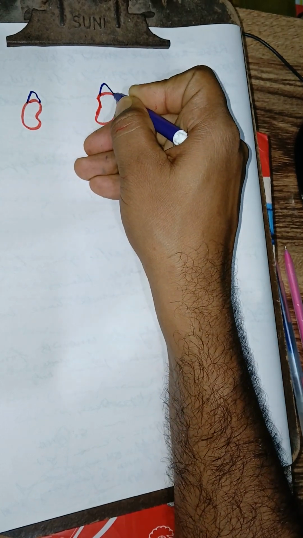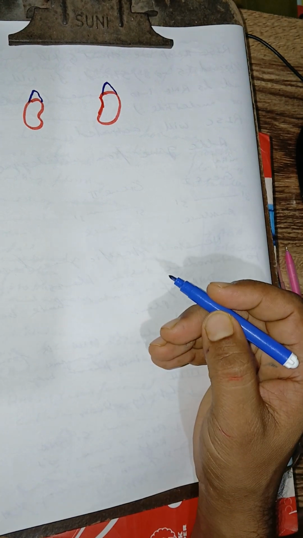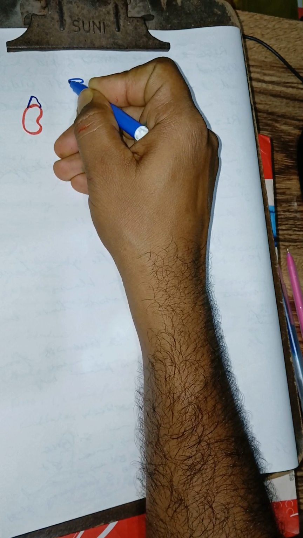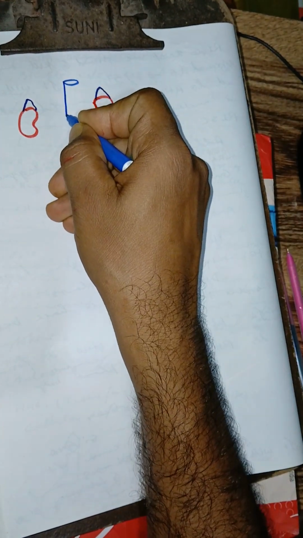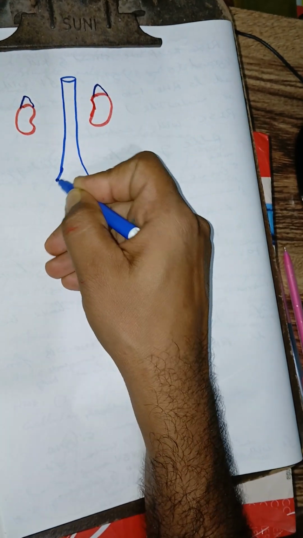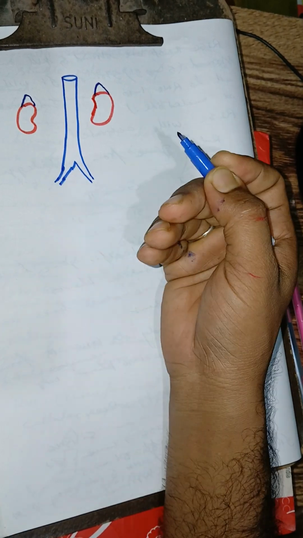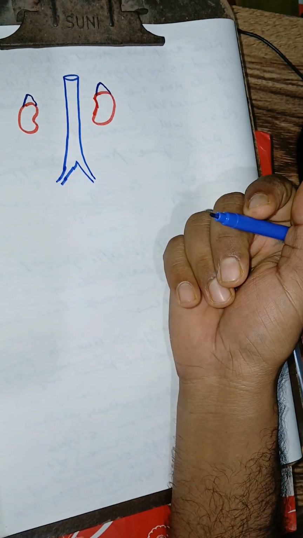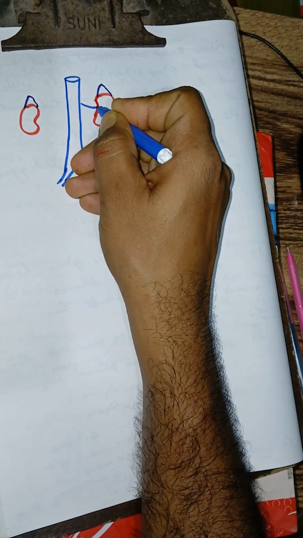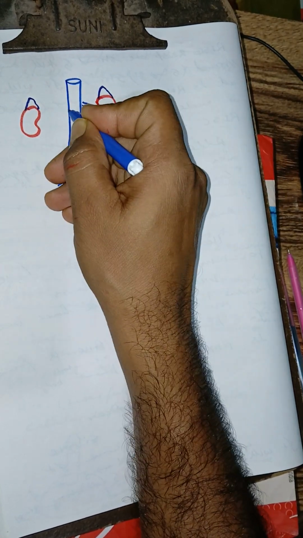Look, students, there is the dorsal aorta. This dorsal aorta carries the blood, and this blood contains the excretory waste material. This excretory waste material has to be eliminated from our body with the help of the kidney. So this dorsal aorta is subdivided here and enters the kidney, and this is known as the renal